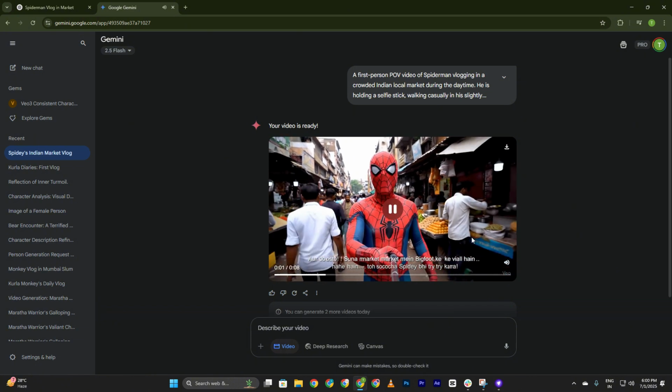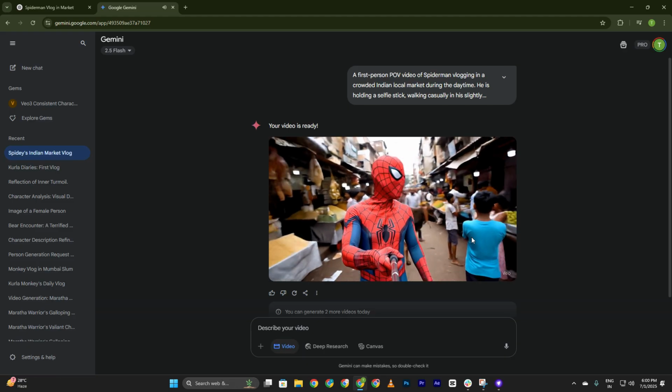और दोस्तों, सुना है मार्केट में बिगफुट के व्लॉग्स चल रहे हैं, तो सोचा स्पाइडी भी ट्राई करें।